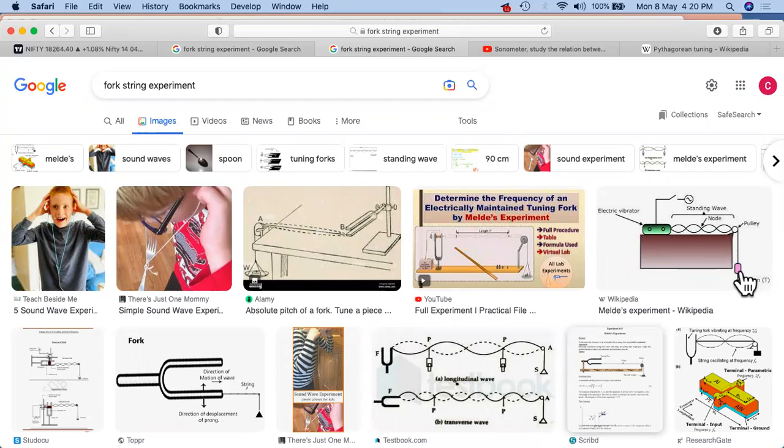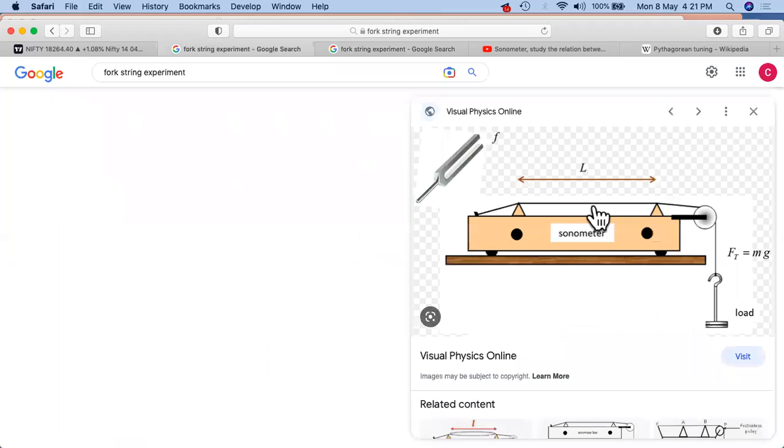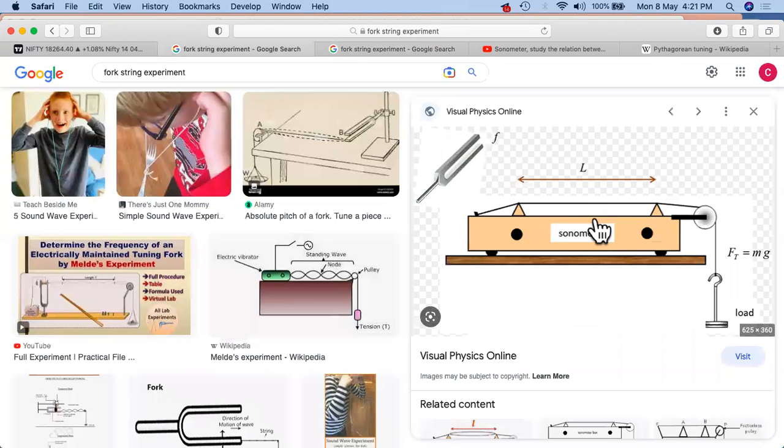We are not going into the details of the formula, but if the length as well as the weight of the string and the weight attached match with the frequency of the fork, then this starts to vibrate altogether. First thing. And we can do one thing, we can place a small piece of paper, or maybe a ring across, which starts vibrating together with that, right? So this is how it is going to be.